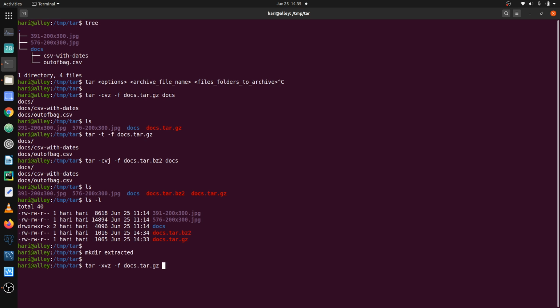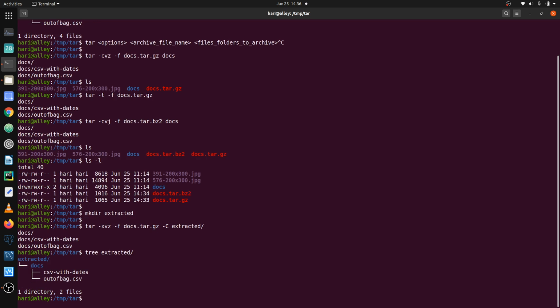And here we are extracting the .gz archive, and we specify the location to extract to using the -C option, and we specify the extracted folder, and it gives us the output, the list of folders and files that have been extracted. And if we look at the extracted folder, we can see that the docs directory with its two files have been extracted.